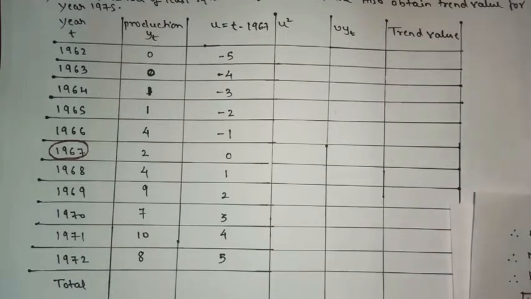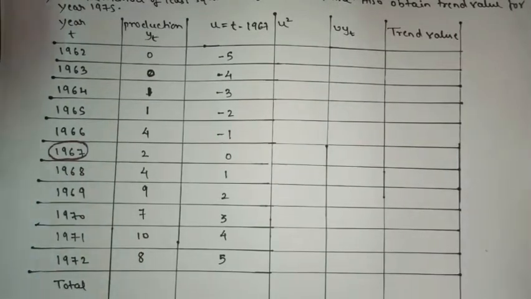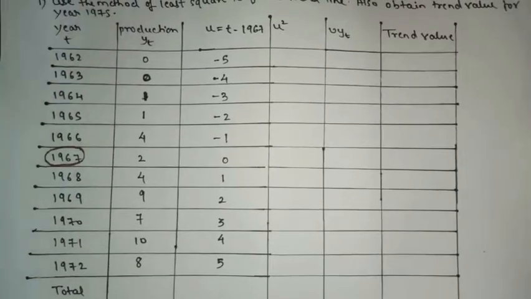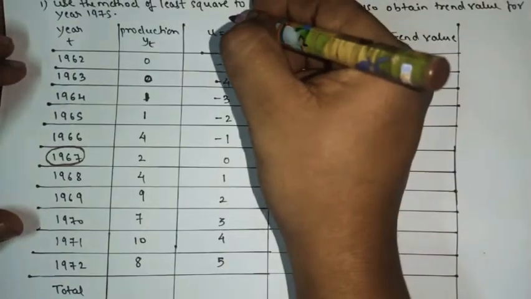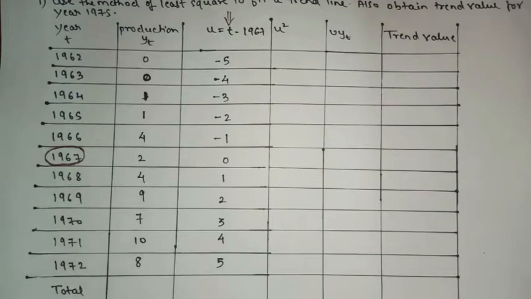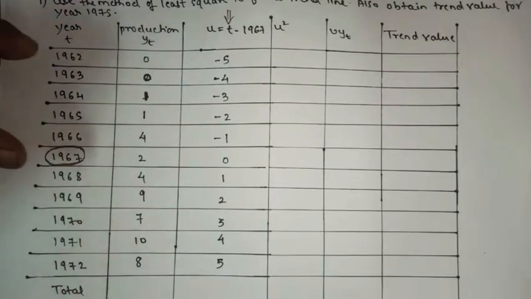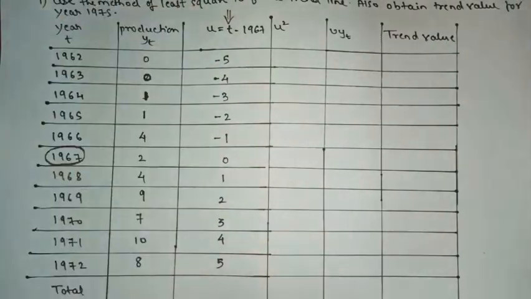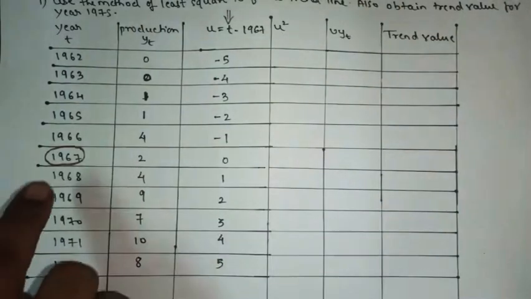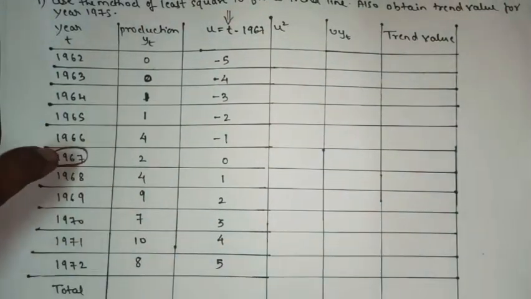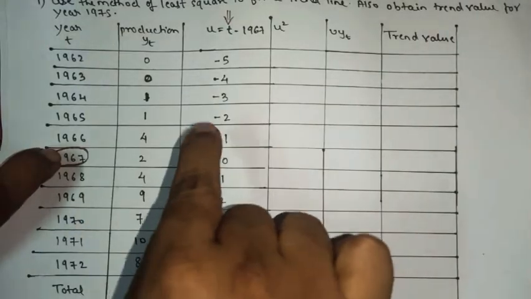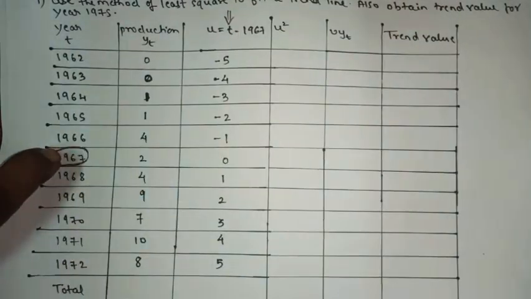Okay, so now listen, I will show one trick to write the value of u, and it is only for odd numbers. The trick is only applicable for odd numbers, and when the years are consecutive, that means the value of h is 1. Remember, when the value of h is 1, easily you can write the value of u. Now see the trick. It is applicable whenever the number of observations is odd. It is only for odd. For even the trick is different.